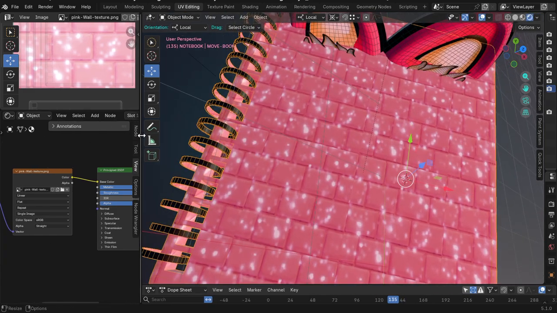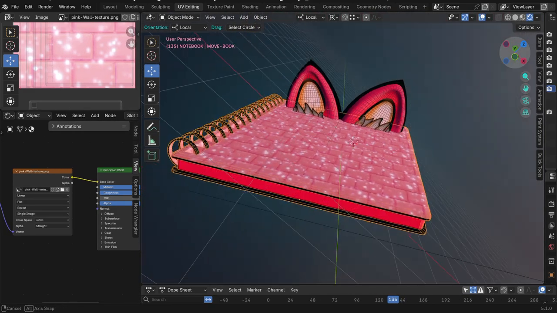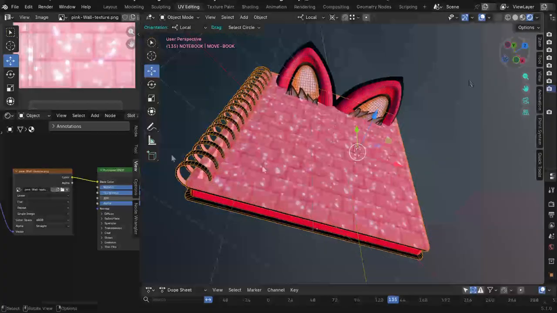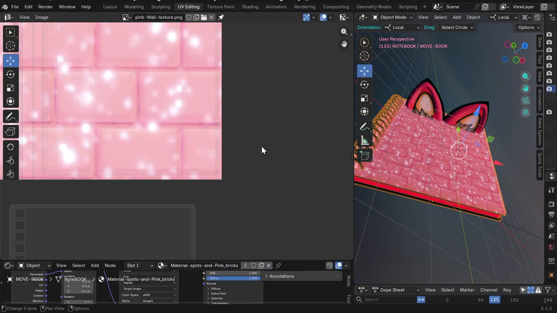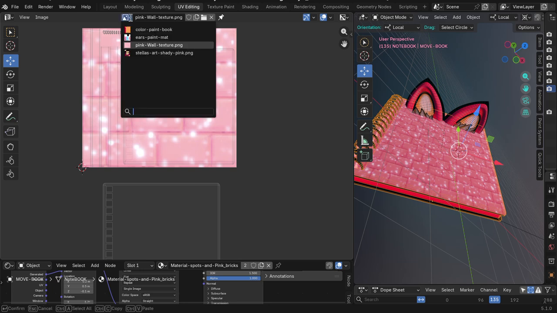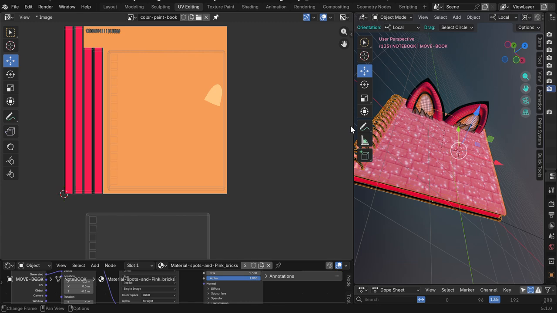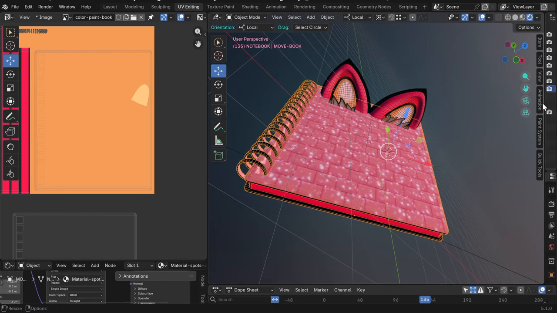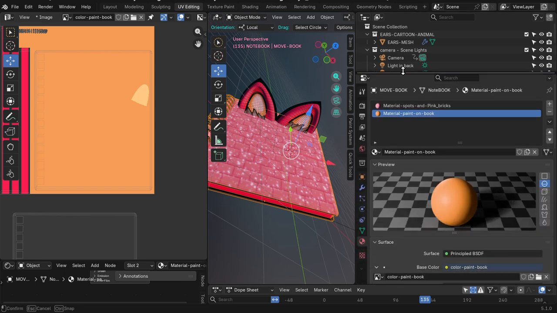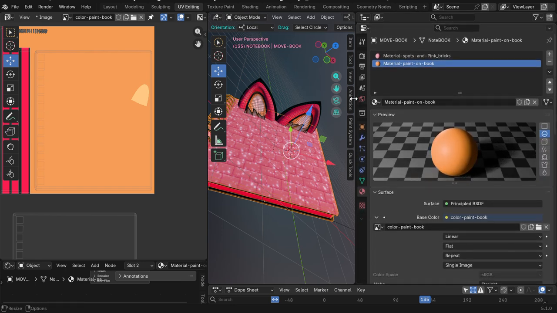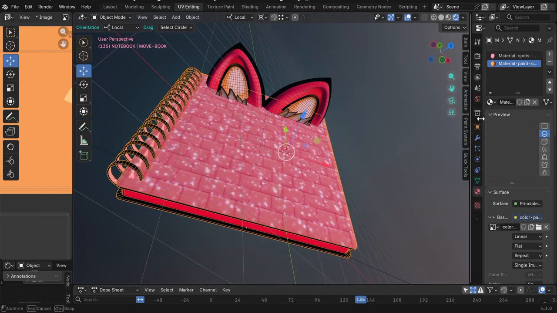So I played with that, and then I also added another material that I colored black over here. So I added this guy there, and I painted another material so you can see the materials on here. So I'm going to go over some of these things, but I wanted just to show off